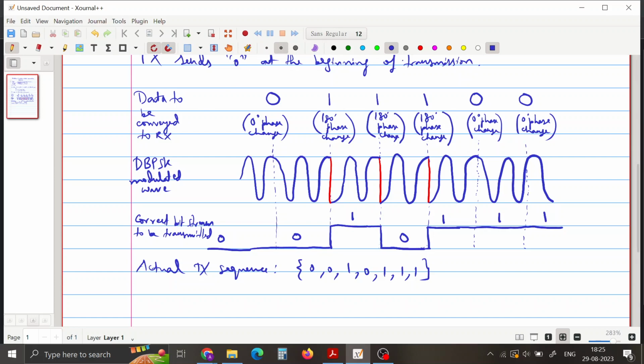This 0 is the initial starting bit of transmission. You take this starting bit that has to be conveyed to the receiver, and this one,